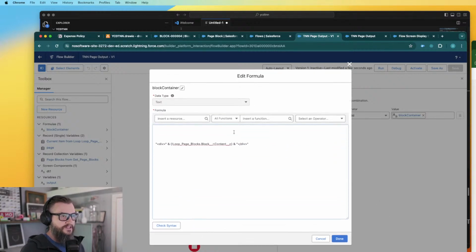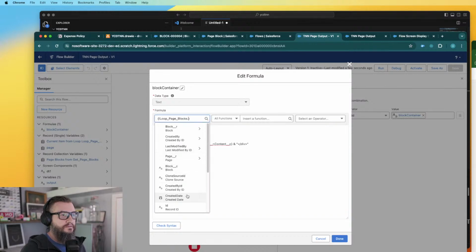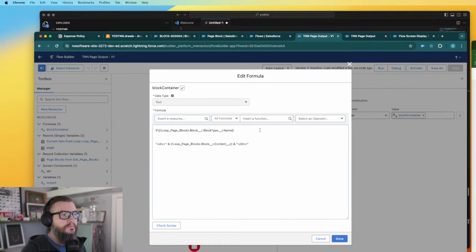This might become a nasty if statement, but let's do this. We could say, all right, if it's heading 1, then we're going to do that. Otherwise,